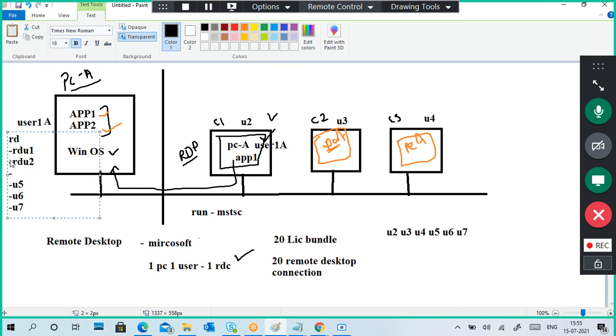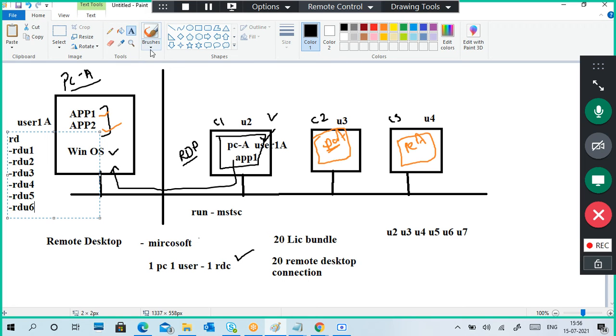RDU2, RDU3, RDU4, RDU5, RDU6. For example, 6 users. So what I'm going to do is I create users in the PC, but not as regular user accounts. It is remote desktop users.